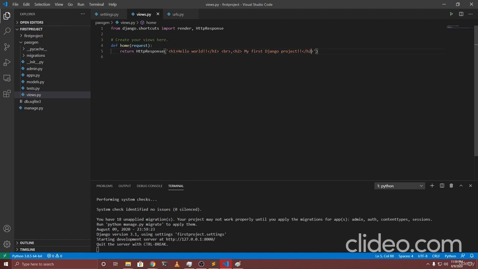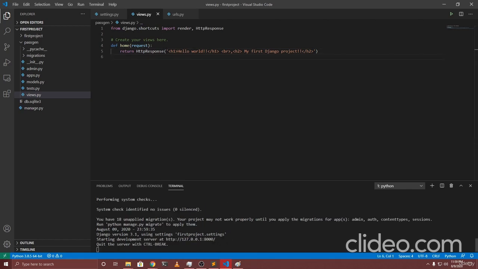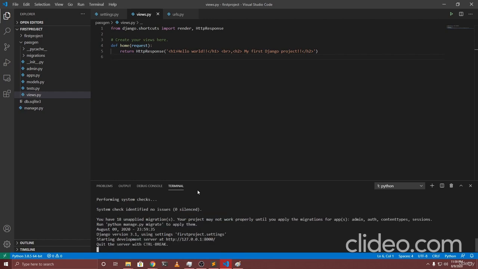So it will just show our HTTP response, and whenever I save my program, it will automatically reload our server, which is our development server. As I have clicked on save, it has reloaded our server. As you can see, changed, reloading, and watching for the changes with StatReloader. So this thing automatically checks for the changes. Whenever you click on save, it will automatically reboot or reopen the server for us, so we can see the